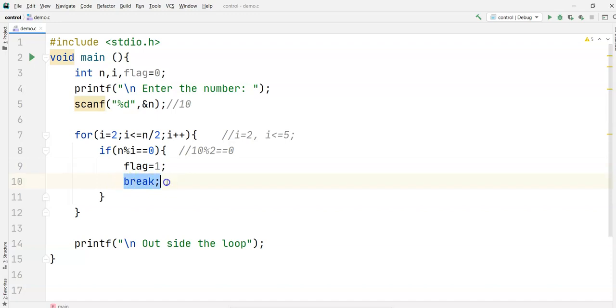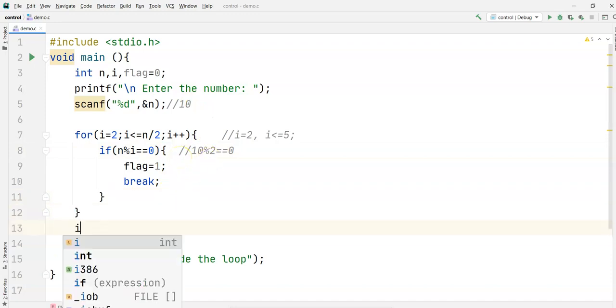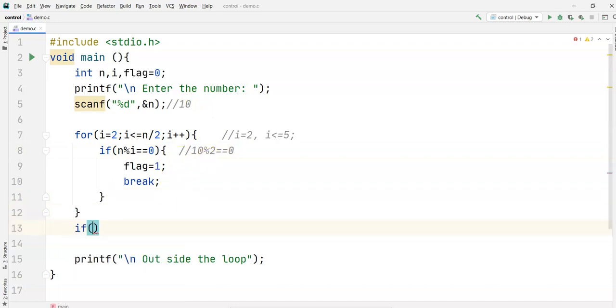Why am I using break? If I'm able to find that it is divisible by 2, I know now it is not a prime number, so I'll come out of the loop. Then I'll check if flag equals 1.